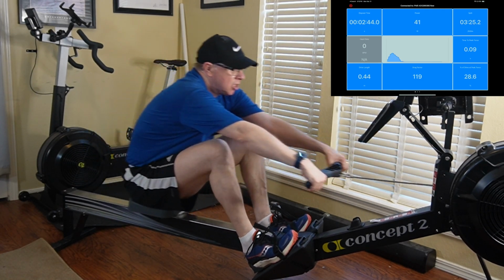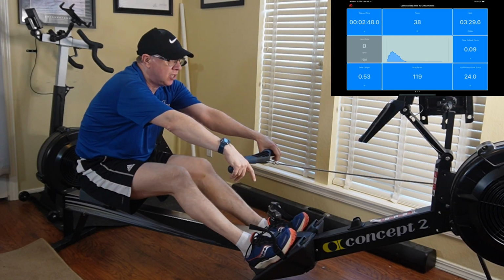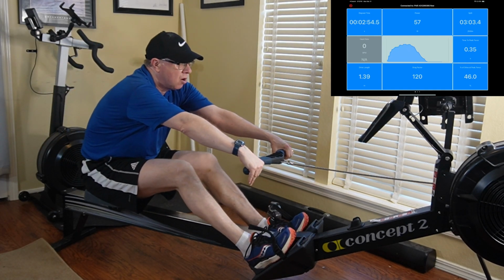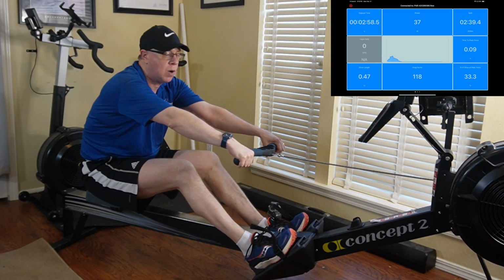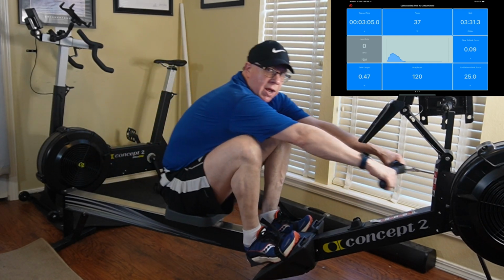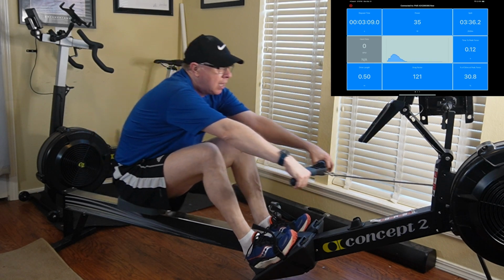The problem with this drill, there's some good things, but the problem with this drill is that it terminates early, right? The rowing stroke finishes at the body. That's where we always want to be working to. So terminating here might get in the way of the whole organic flow, but this is still a good drill. Just know, all right, full,